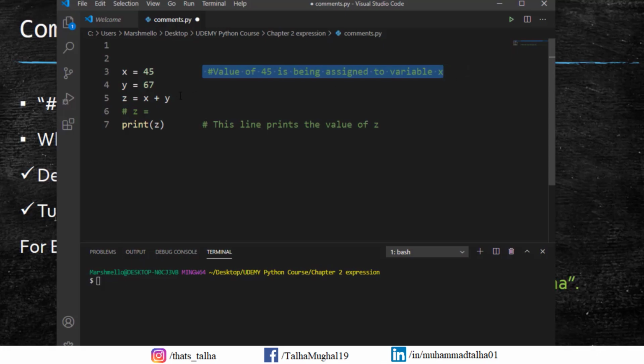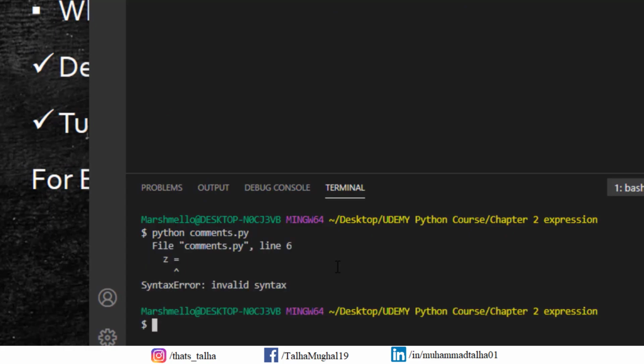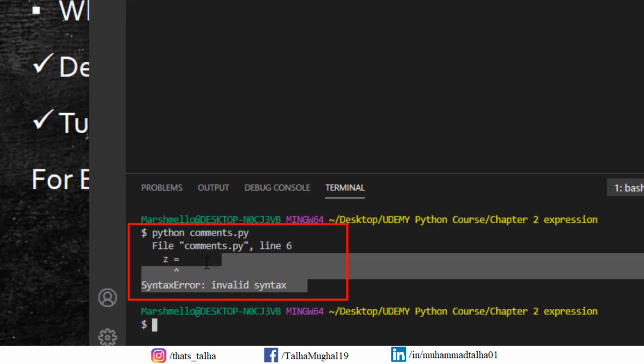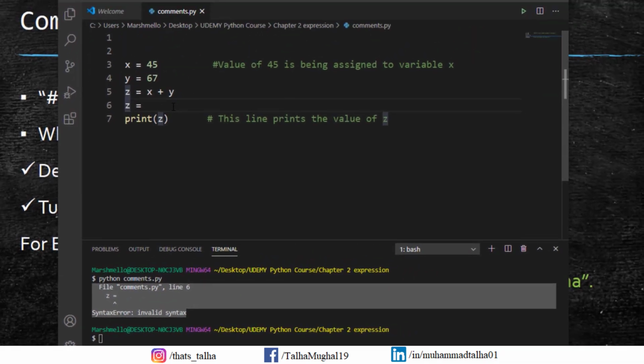Now for example, I go ahead and remove this hashtag to enable this line, and I save this file and I try to run it. You can see that instead of giving me the value of z, it actually showed me the error. So what if I move ahead here and put a hashtag here? As soon as I put a hash at the beginning of this line, it becomes green too. It means that this line has been converted to a comment, and because it is a comment, it is no